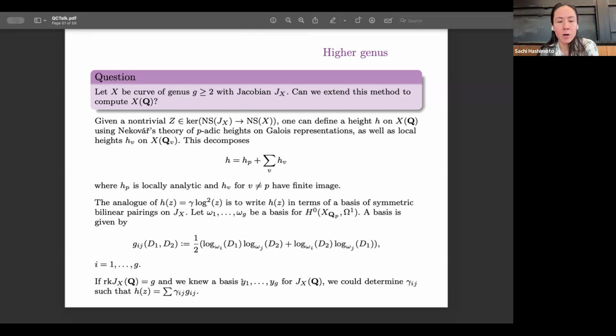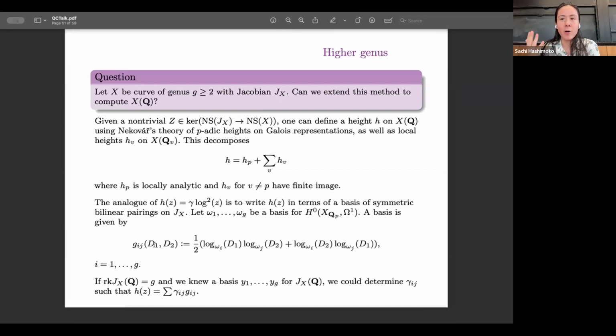But to do that, we would need to know sufficiently many rational points. One way to do that is if we knew, say, a basis for the Mordell-Weil group of the Jacobian, and then we could plug in this basis and do some sort of linear algebra to determine the coefficients. The reason for doing this is that you want to write your global height as a locally analytic function, and these are your locally analytic functions, the g_ij. So in order to express H in terms of a power series, you need to determine these coefficients gamma_ij.